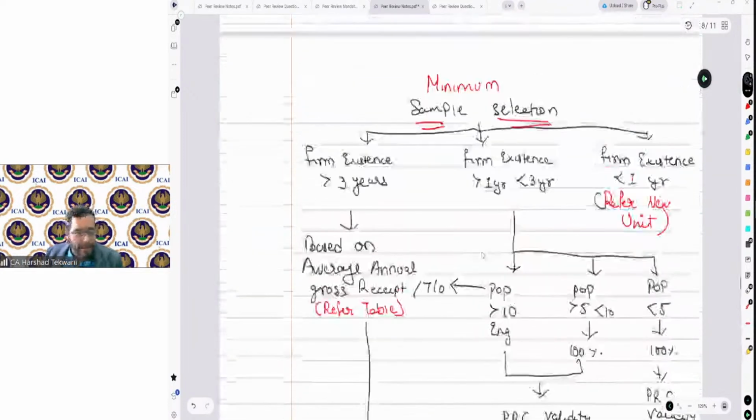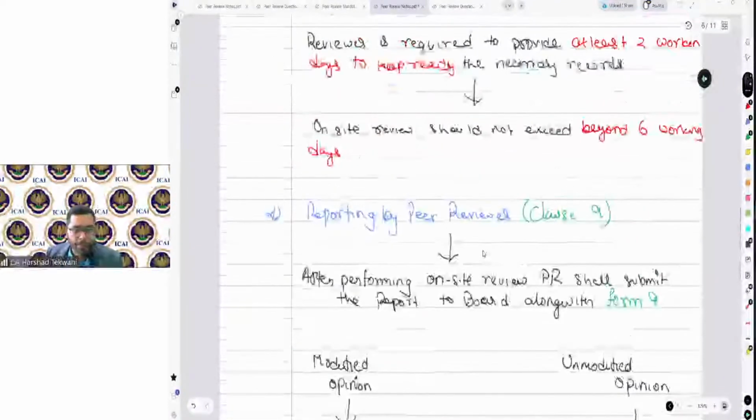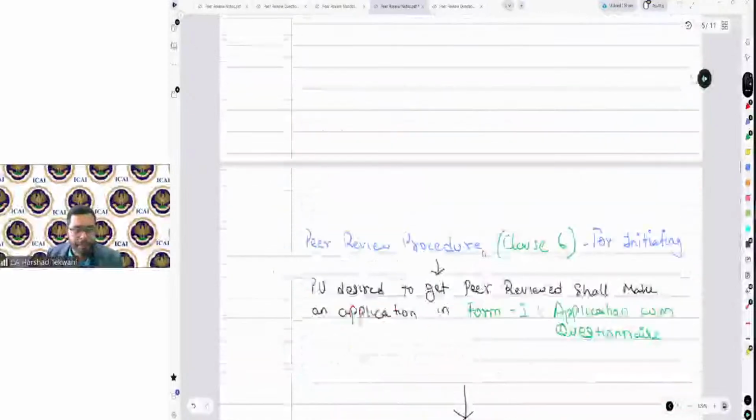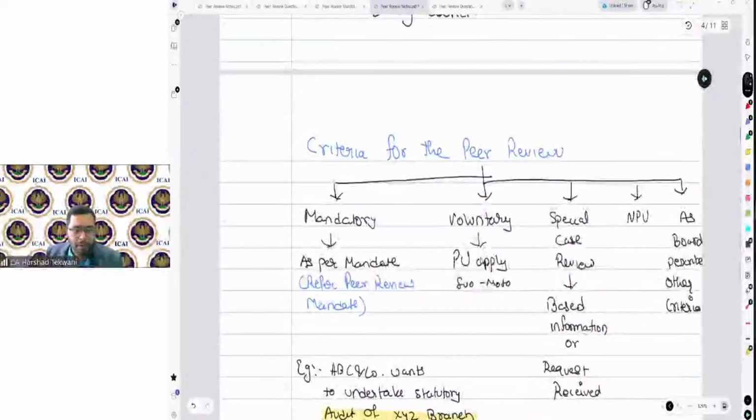Let's go back to the criteria of the peer review. As per the criteria of the peer review, there were 5 criteria: mandatory, voluntary, special case review, new practice unit, and other criteria prescribed by board. So when I talk about is it mandatory, it is mandatory only for the first